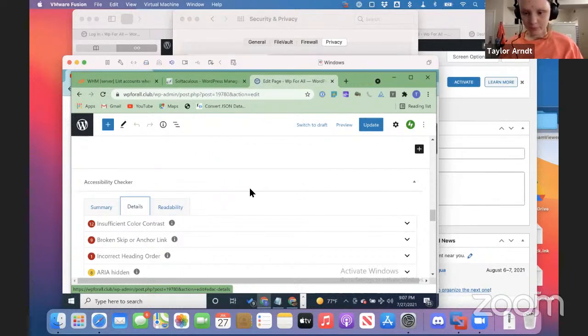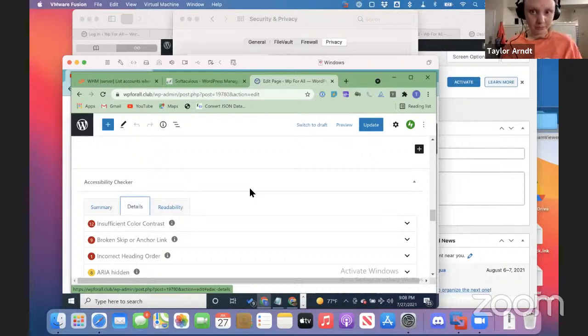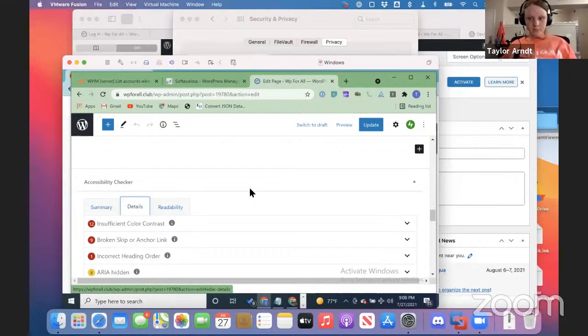So, okay. "1962 open source equals accessible. 9 broken skipper anchor link." Okay, so we have the same pattern here where we have these info icons. Am I correct, Michael? That's correct. Okay, so again, we'll want to label these as well. "Help button." And we're going to have another expand button. Again, not labeled, right? That's correct. Okay, now you're going to have to expand one of these to actually see the errors. And no, don't worry, we are. Okay. "1940 open source equals accessible."